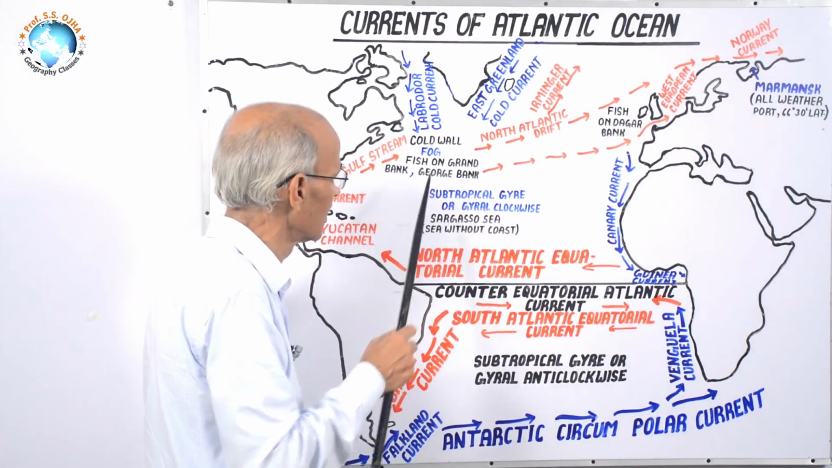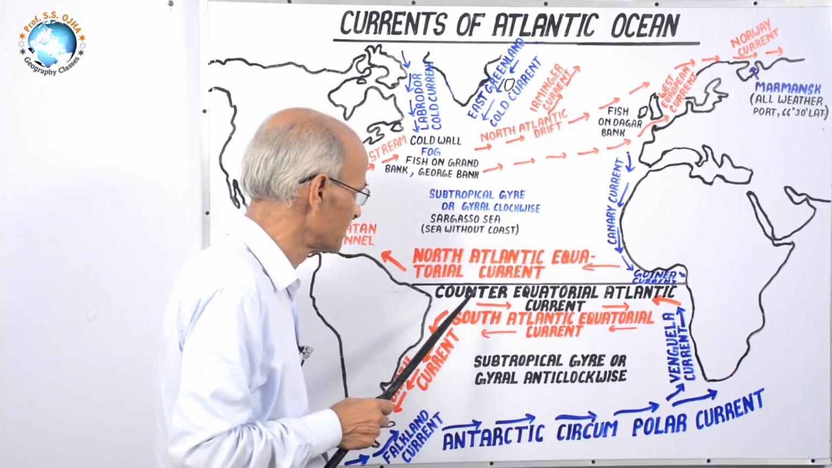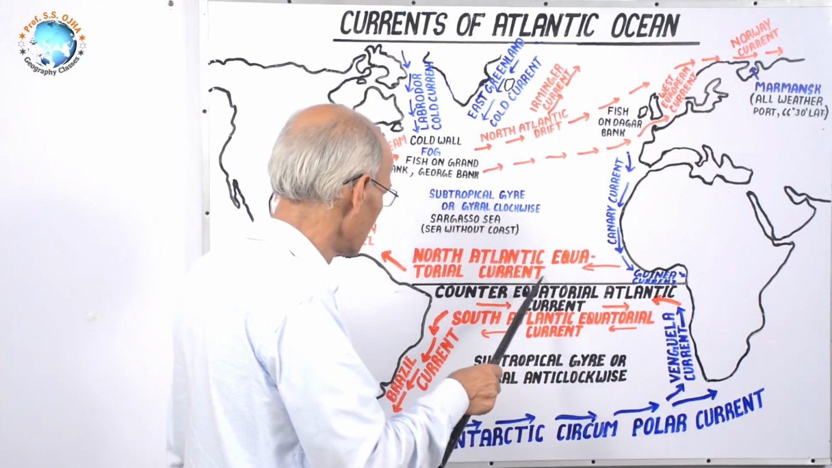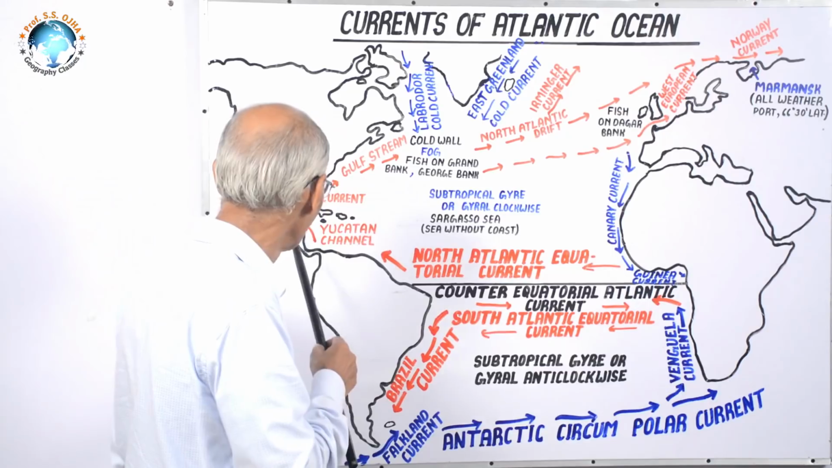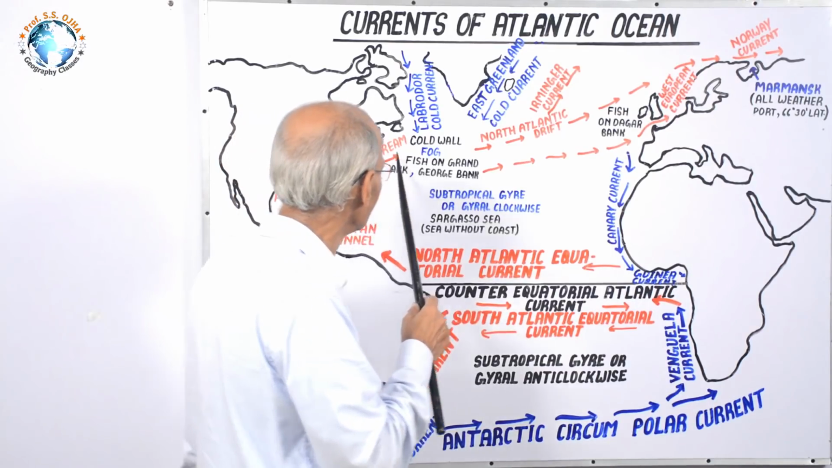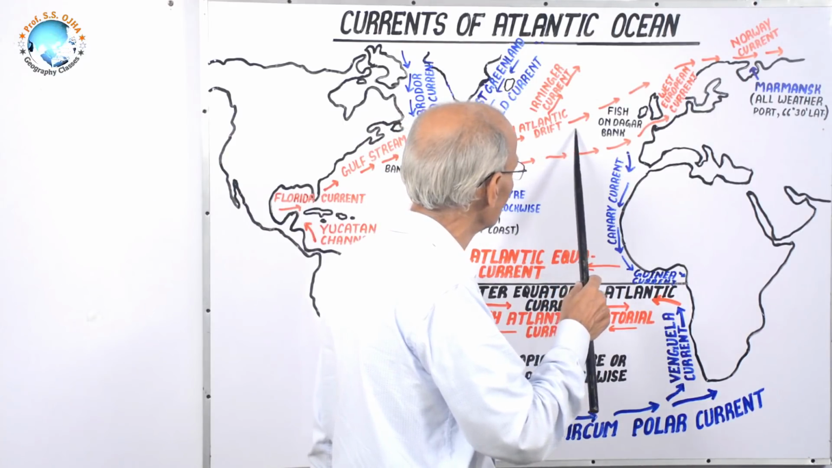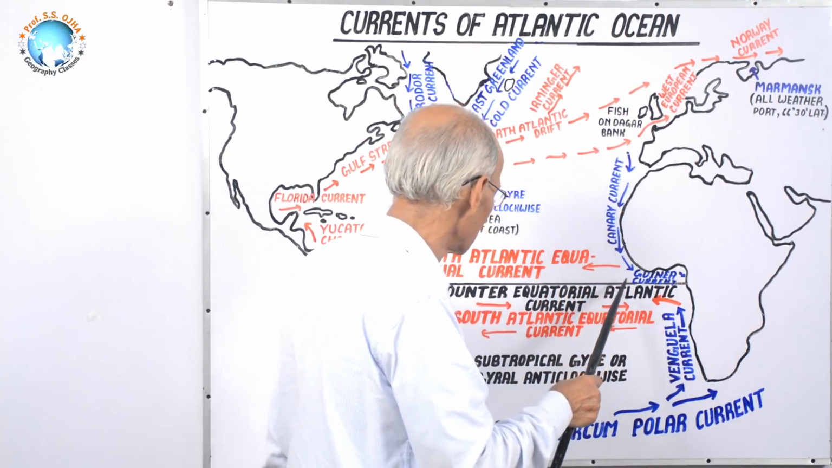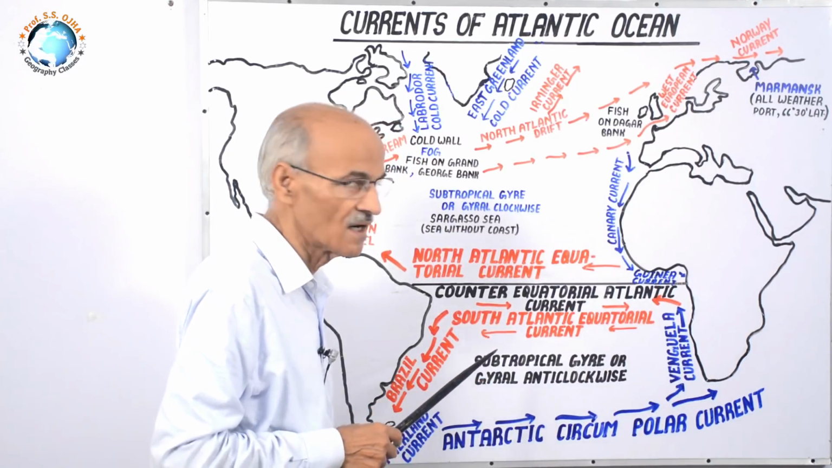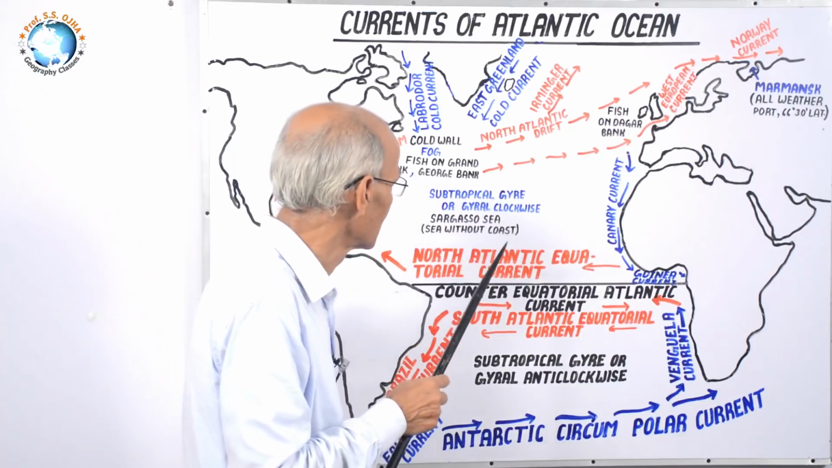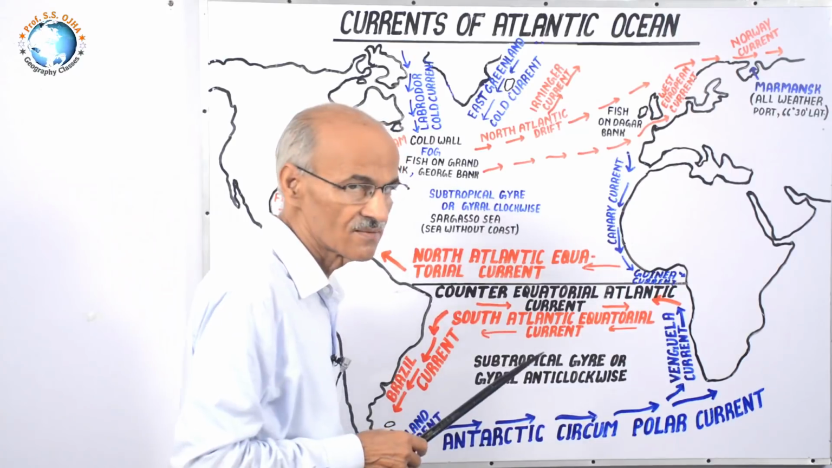This is a current of the North Atlantic Ocean. In this system, we have seen that this is the North Atlantic Equatorial Current, then Yucatan Channel, Florida Current, Gulf Stream, and here North Atlantic Drift, and again Canary Current. Thus, a cycle of current is being developed, and this cycle encircles this water, which is relatively